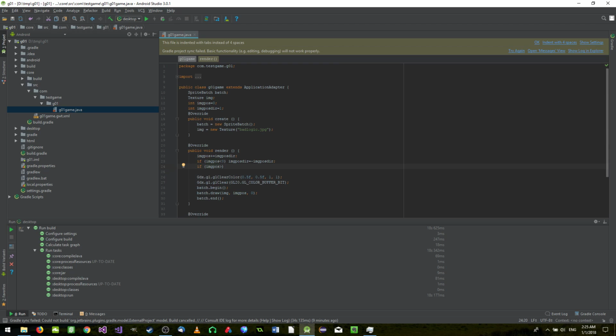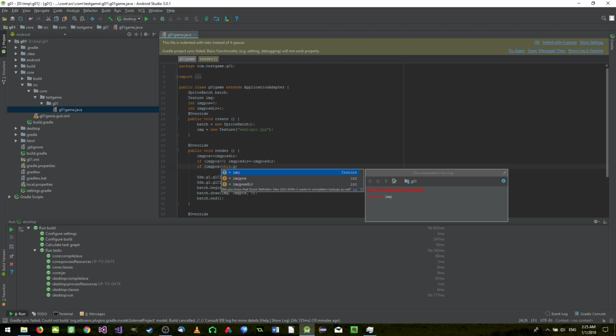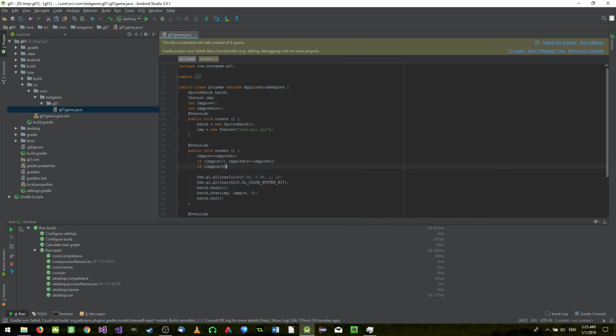is greater than, you know, the width. I don't know what the width is or how to get it right now because I forgot most of the things here. Maybe screen. Oh, wait a second. Maybe this dot display. Whatever. If it's greater than 800, let's say, in that case we reverse the direction of the image. So now if we run the game,